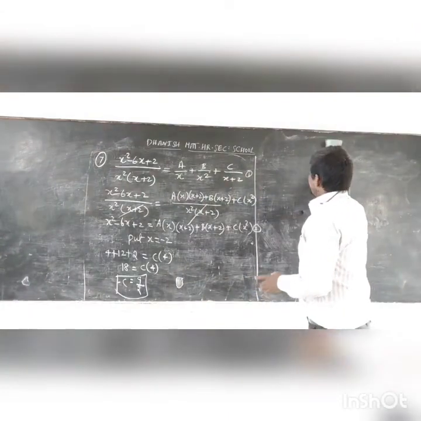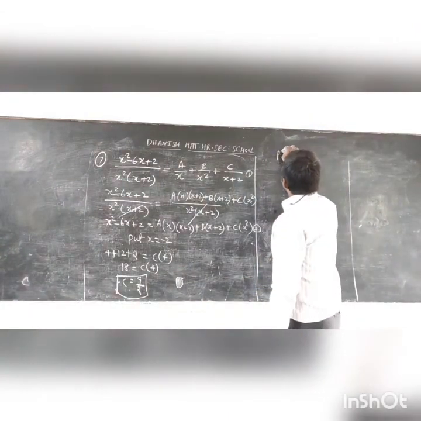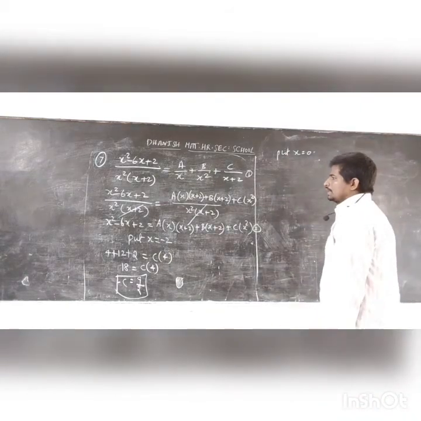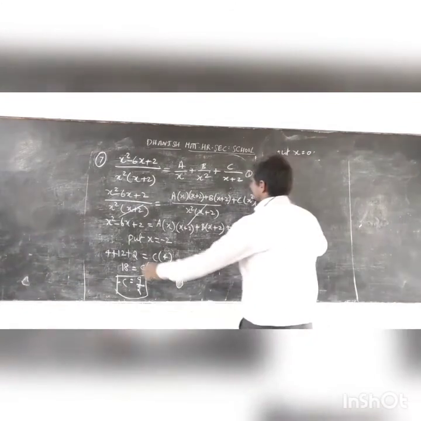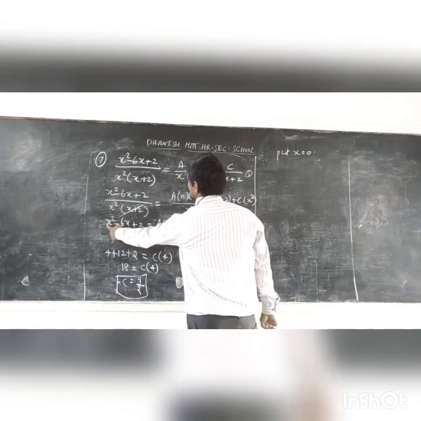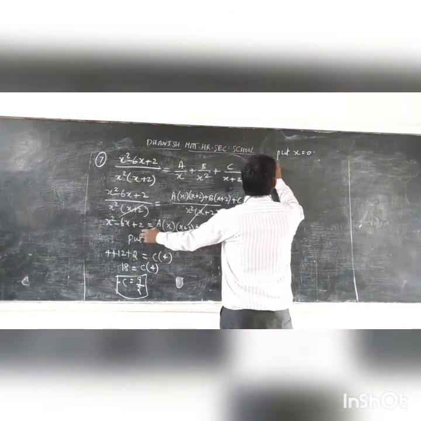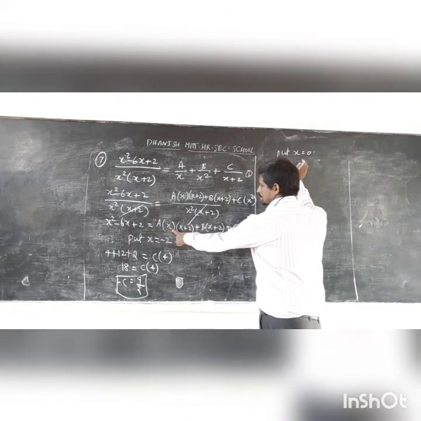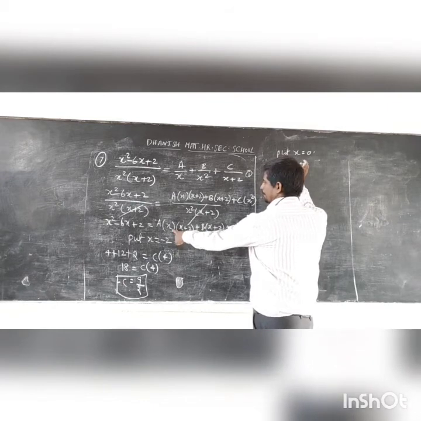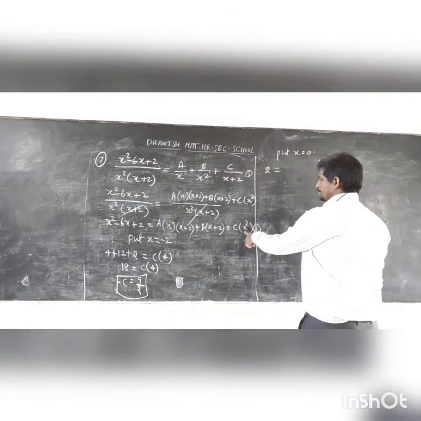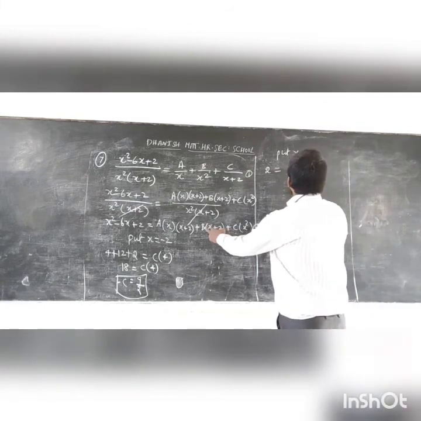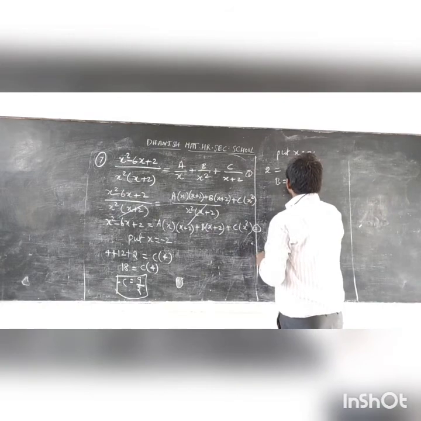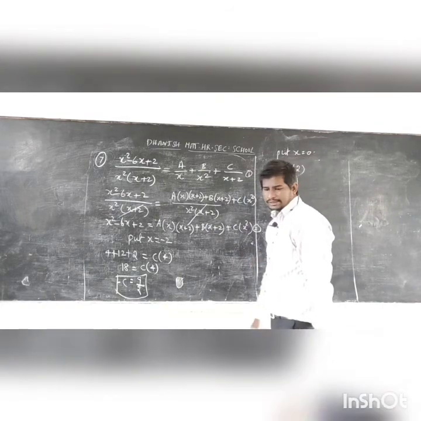Now I am going to put x as 0. Put x equal to 0. The LHS will be 2 equal to, if I put 0 in this, it will become 0. Then the c term also will become 0. b into 2. So b equal to 1. We got our b as 1.